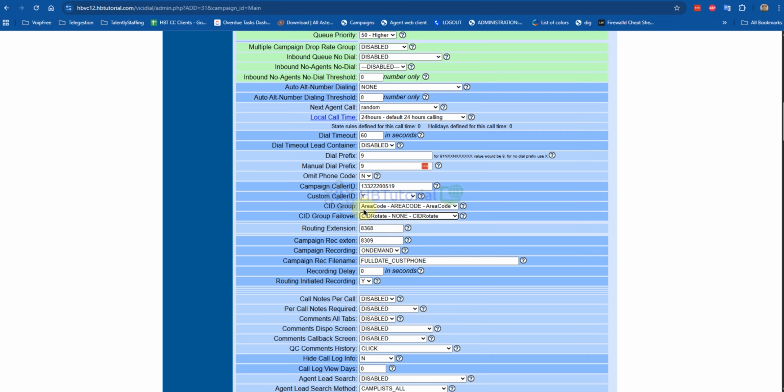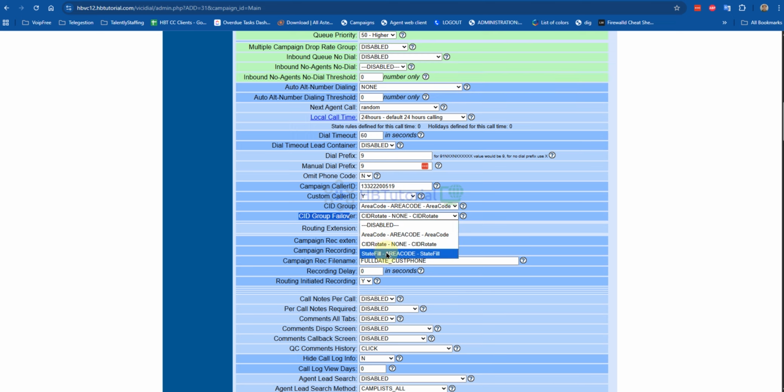So it means even though, for example, you are using area code and you don't have a matching area code on that number, it will get the caller ID from your CID rotate.